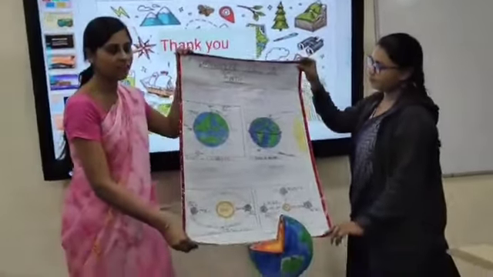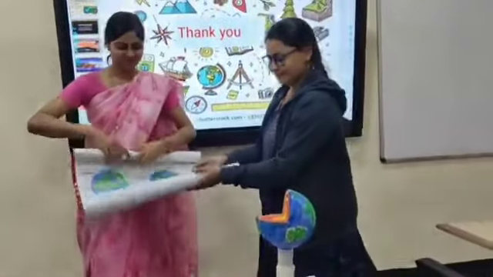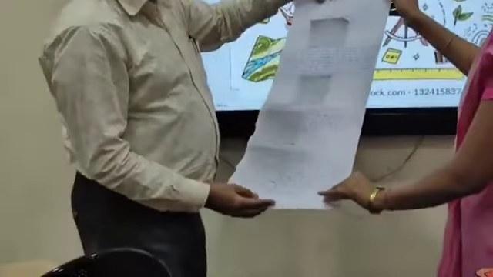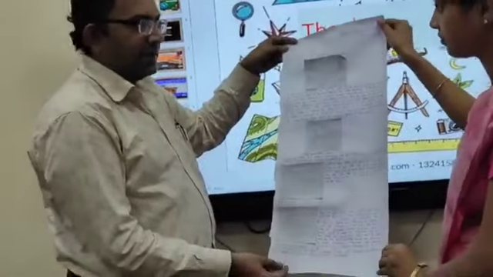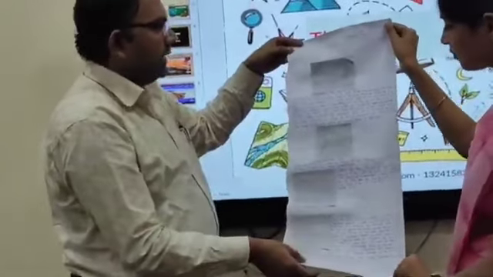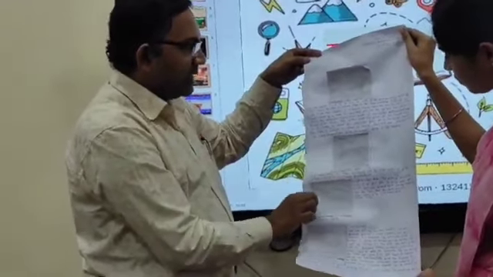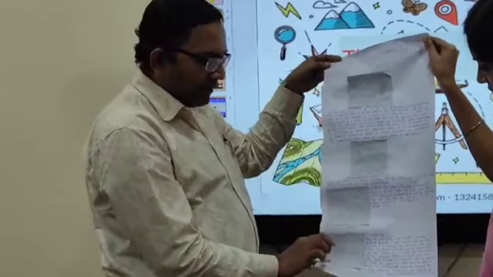Being a teacher, I feel very proud when students make all these things. Class 10, by Prince Kumar Shah and Ayush Kumar Agarwal, for the depositional features of the river. The various types of deltas are there. This is the estuarine delta, the bird's foot delta, this is the cuspate delta, and the formations of the barchans,